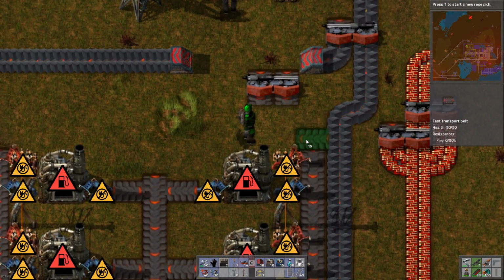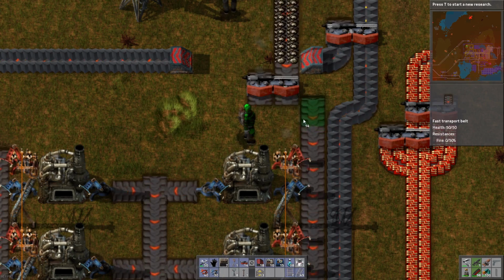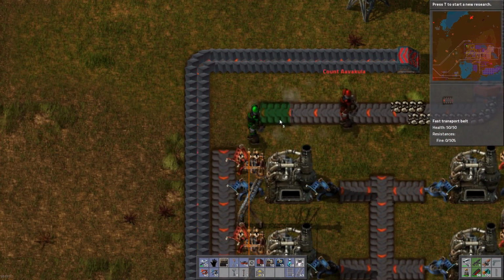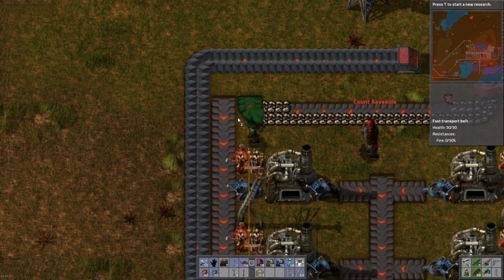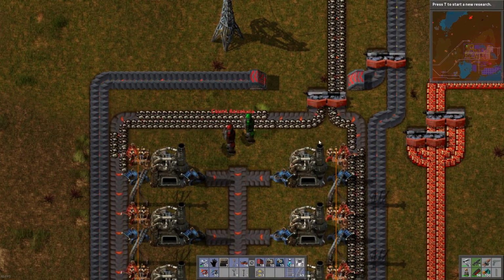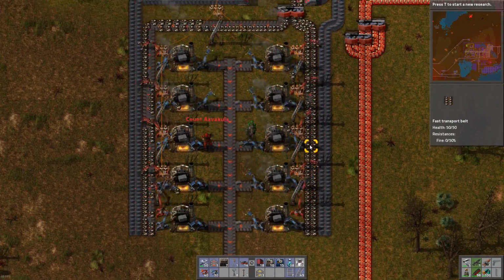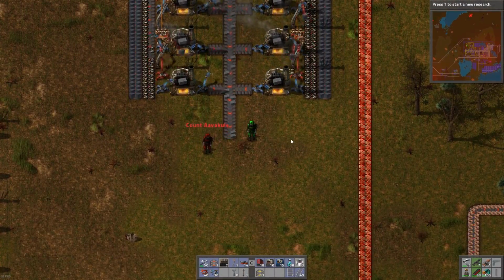Alright, let's bring this down. And then we want some power brought down as well. That'll do. There we go. There we go. And there's our bricks. Now, you said the same...